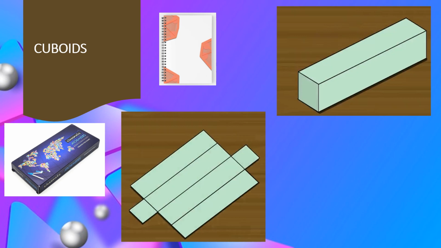Now, cuboids are also called in the form of rectangle, right? It's almost similar to the shape of a rectangle. So the net form of cuboid which you all had made last year is similar to the one I have shown you. I'll just show it like this. See this one, this is the net form which we are making like this, right? So this is a cuboid. Now let's move ahead and learn much more about the cuboid.